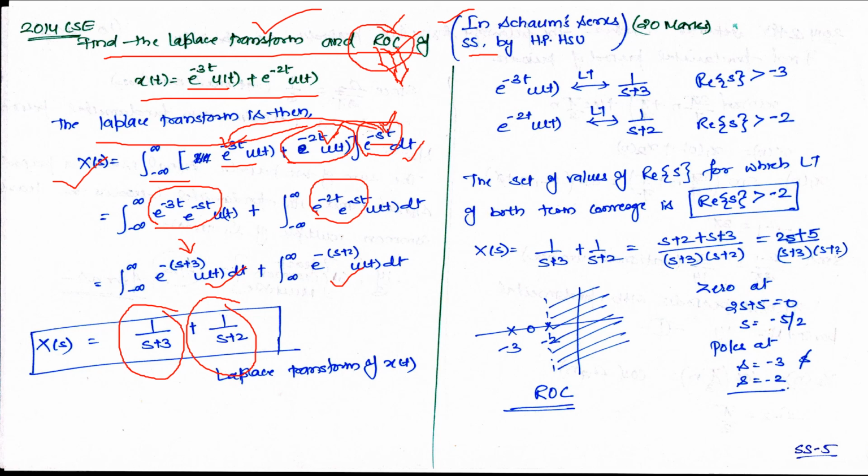Okay, so this is the region in which the function will converge. Converge means it will lead to some finite value. That's what you are looking for. If it leads to an infinite value, then it is not converging. Or you can just think of when two lines are converging at a point, that means they are meeting. So they are meeting somewhere at a finite value, then you are saying that it is converge